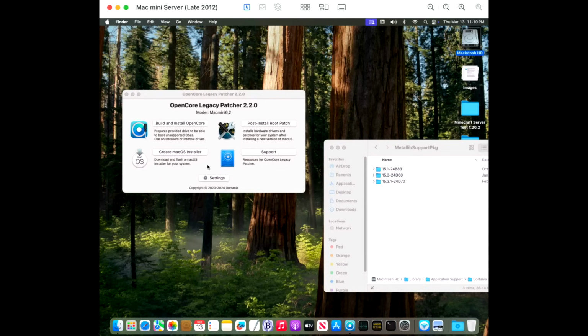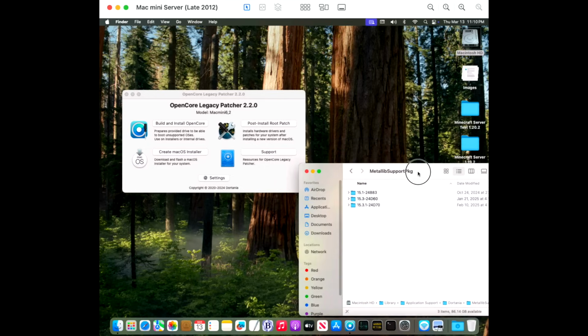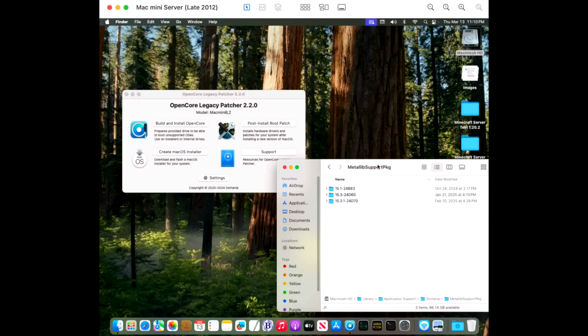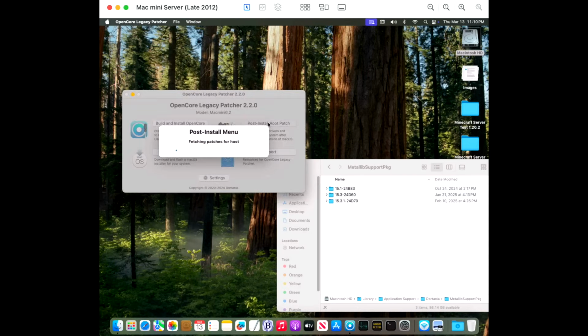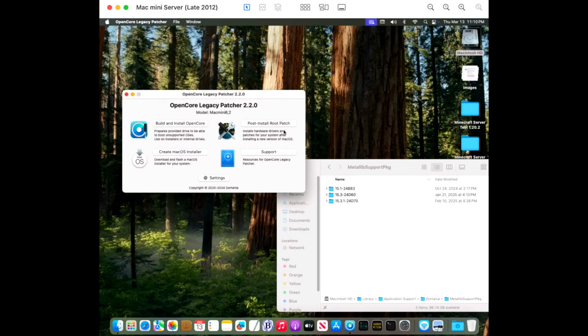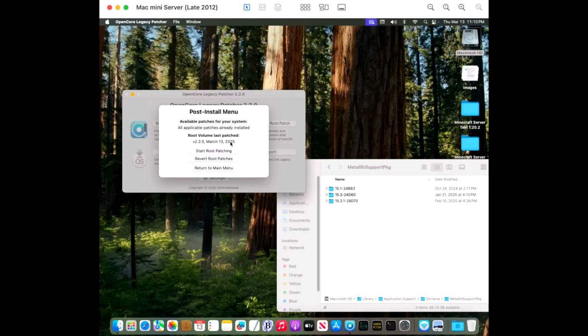We are running 2.2.0 and 15.3.2. Now, if you notice right here, we're in our MetalLibSupport package folder. We do need to do the root patches to get that latest version that just came out. We do need to run the post-root patches again, just like we did with the KDK in the last one,